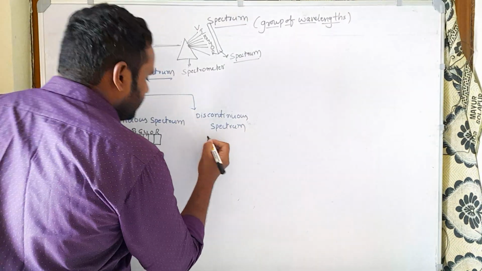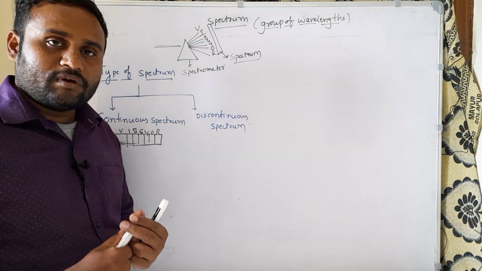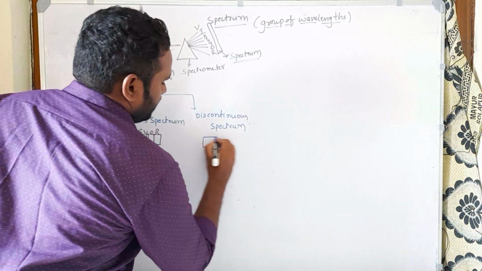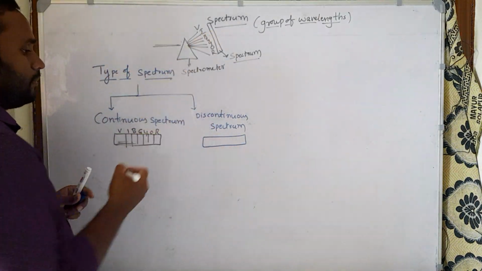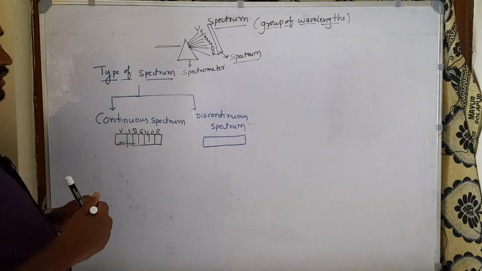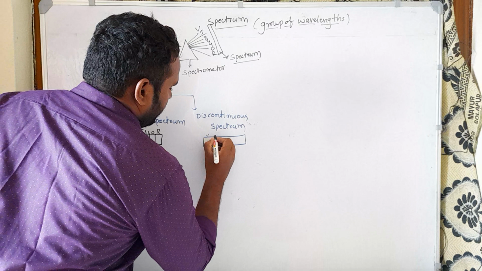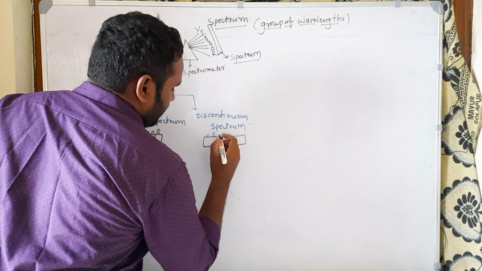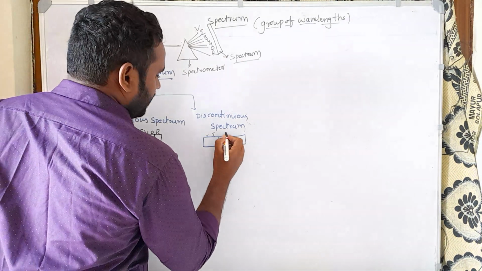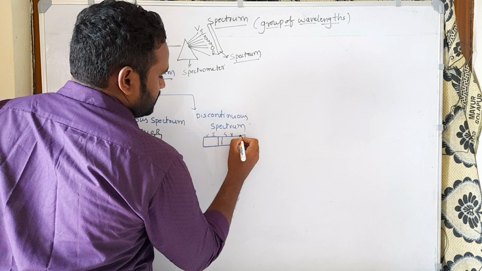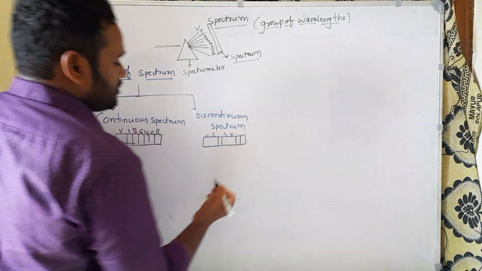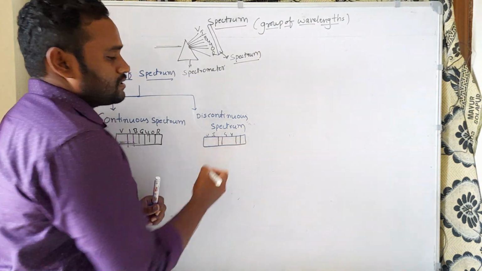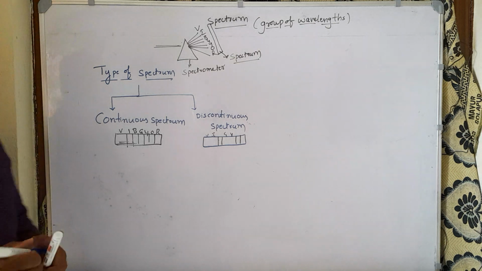Then what is discontinuous spectrum? In discontinuous spectrum, one of the colors is missing in a spectrum. Say for example, let us take one spectrum here. Spectrum is nothing but, we already know, an image. So when you take the image of this light, here we have violet, indigo. Here blue color is missing, some gap is there, and then after green, yellow. Here orange is missing, then after that red color is there. If there is any gap in between the wavelengths or in between any colors, that is called